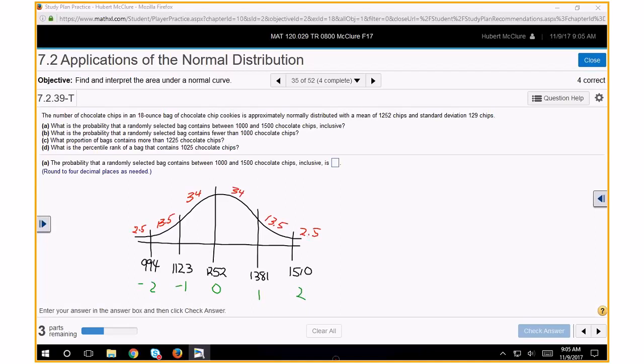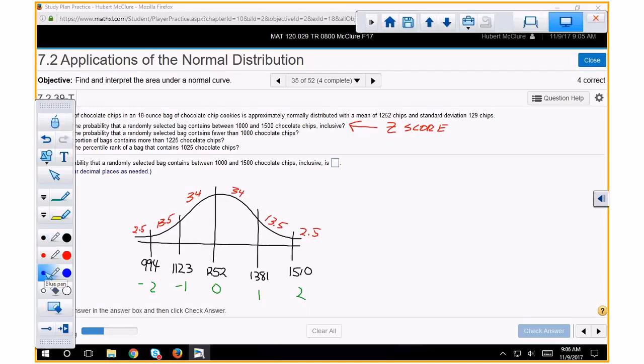What is the probability that the randomly selected bag contains between 1,000 and 1,500? Now, 1,000 and 1,500 is not on here. So you automatically know that this one is a Z-score. Unlike that last question that was totally stupid, where all of a sudden they wanted a Z-score. Okay, this one is based on Z-score, so you know that was going to have to be. So let's go ahead and draw it. We'll do it in blue. We know 1,000